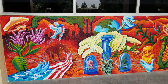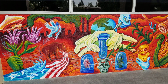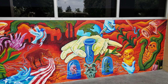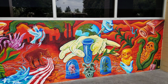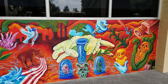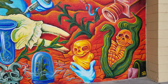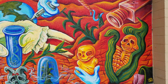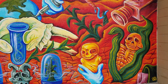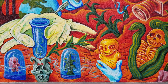This is one of the murals done by the talented students at Pitzer College. And you can see the influence of human scientific technology on the natural world and how it has ravaged, for example, cultivation through the use of genetically modified crops and the use of herbicides and chemicals and what it does to life. This idea of science in a test tube